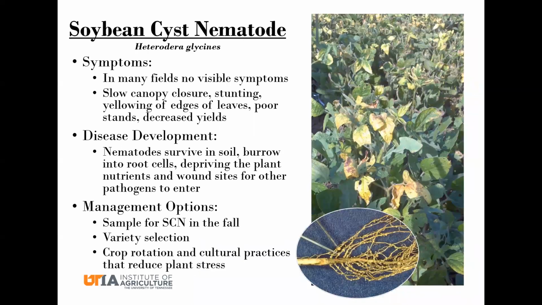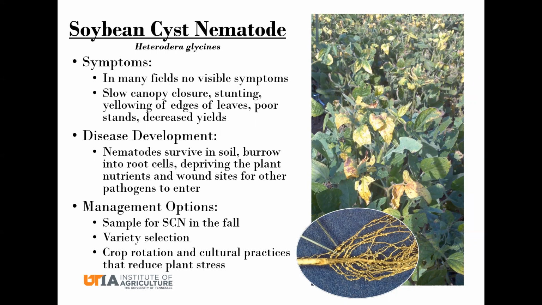Moving away from fungal soil-borne pathogens and looking at soybean cyst nematodes, these are microscopic roundworms that are very common in Tennessee soybeans, and in many fields there will be no visible symptoms as far as foliar symptoms, but you may observe slow canopy closure, stunting, yellowing of the edges of the leaves, poor stands, and decreased yields overall. Nematodes can survive in the soil. They burrow into the root cells and they deprive the plant of nutrients and wound the site for other pathogens to enter,